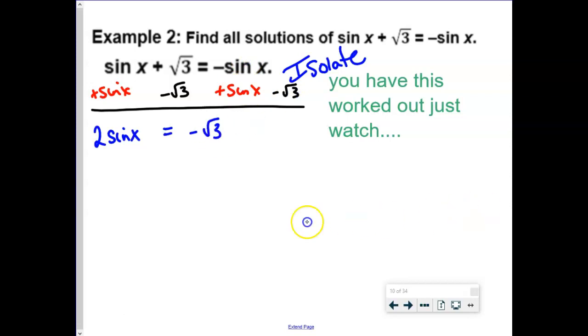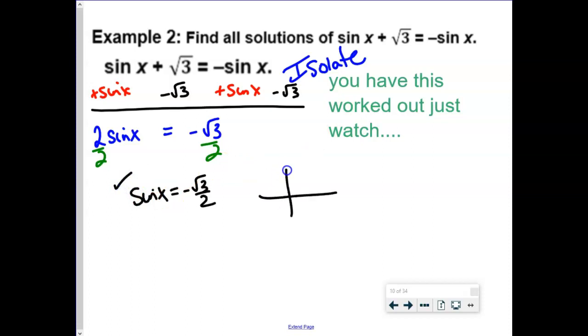And I'm not quite isolated, right? Isolate means to isolate the sine function itself, so you have to divide both sides by 2. So now my question says sine x equals negative square root of 3 over 2, and I am ready to look at the unit circle. So go take a peek at the unit circle. I need negative this time, so be careful. Where is your sine going to come out to negative square root of 3 over 2? I think it's like here and here, which are,